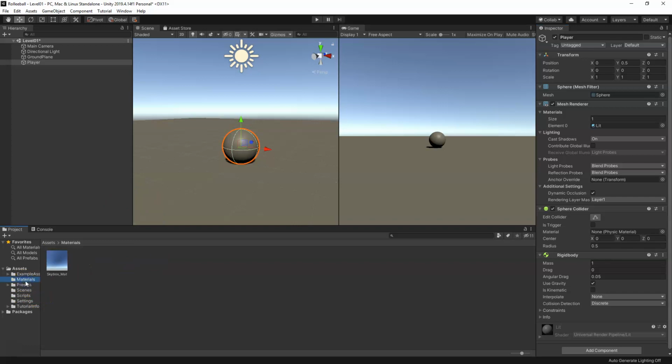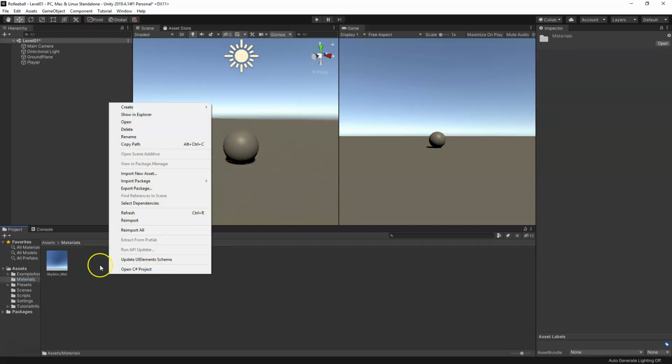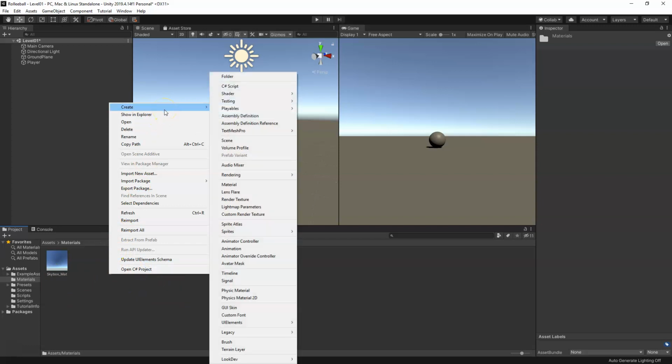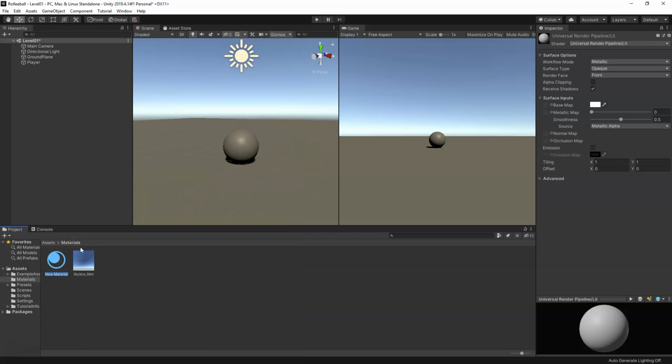So next up, if we go to our materials folder, we have our skybox material, but we also may want to have some materials here for our scene to make it look a little bit different. So what we can do is right click in our project window here, and we'll create and go to material. Now this material, I'm going to go ahead and call it, go ahead and do one for player, and we can